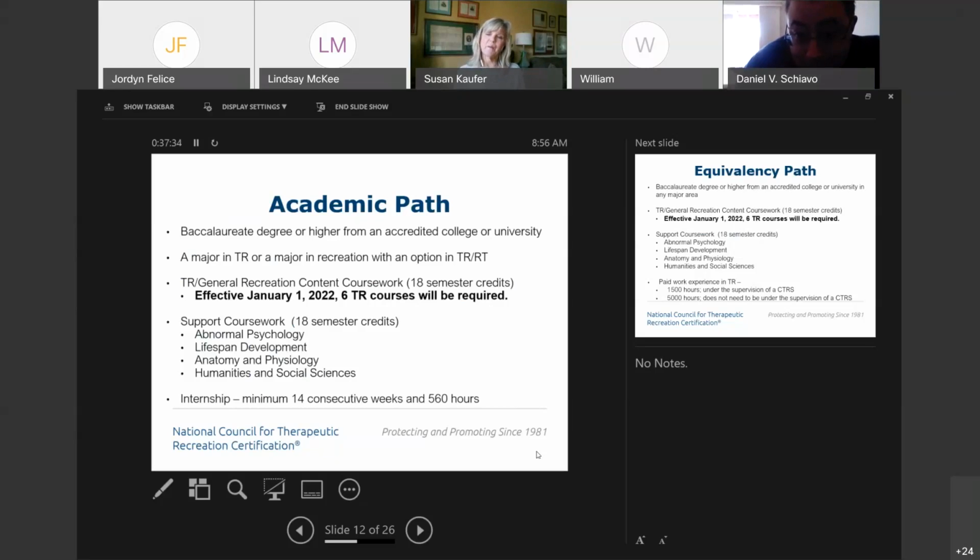And again, we talked a little bit about the board of directors looking at all of those pieces and components and data, and they see that, for the most part, the academic programs are already requesting that there are 6 courses in therapeutic recreation. Right now, current standards allow for 5 therapeutic recreation courses and 1 general recreation course, but again, that will change. That announcement has been in effect for almost 3 years, because that change will take place a year from January, this coming January.